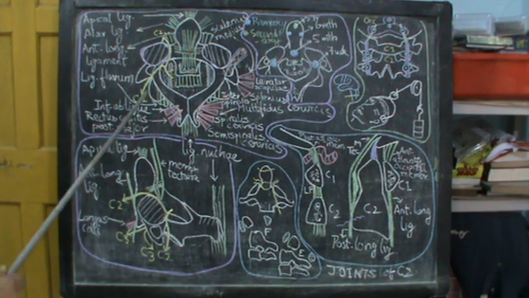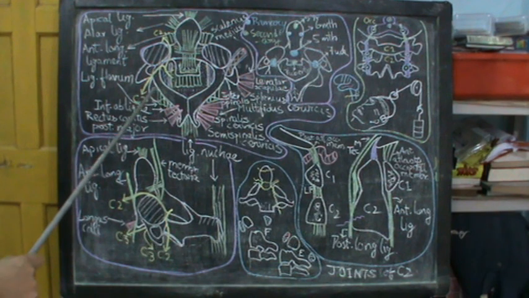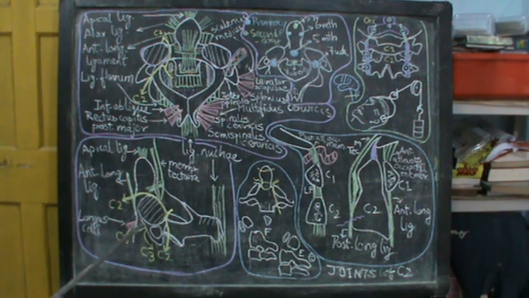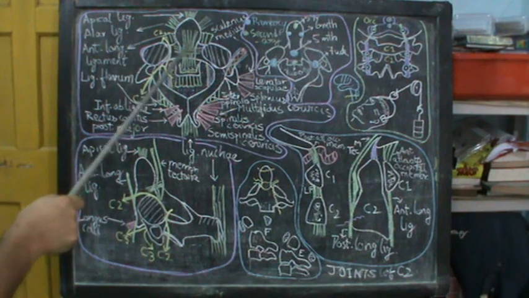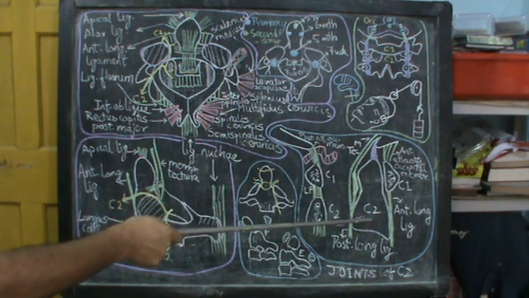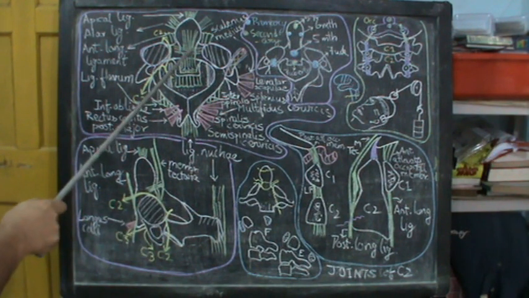And to recap, what are the joints formed by the axis? You have one pair of synovial plane joints over here. You have another pair of synovial plane joints over here. Between the lower surface of the body and the body of the third cervical vertebra, you have a secondary cartilaginous joint over here with the intervention of an intervertebral disc. And at the odontoid process with the anterior arch of the atlas, you have here a pivot joint, and this is the axis of the pivot, and this is the ring of the pivot formed by the transverse ligament of the atlas.